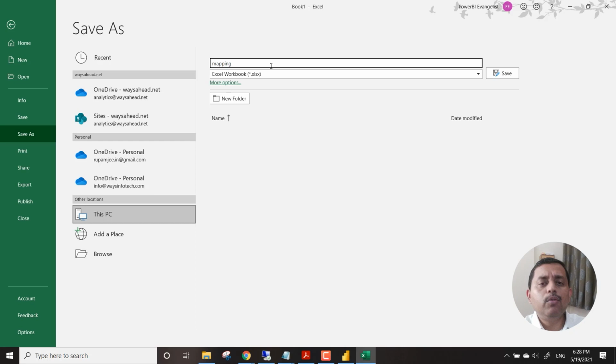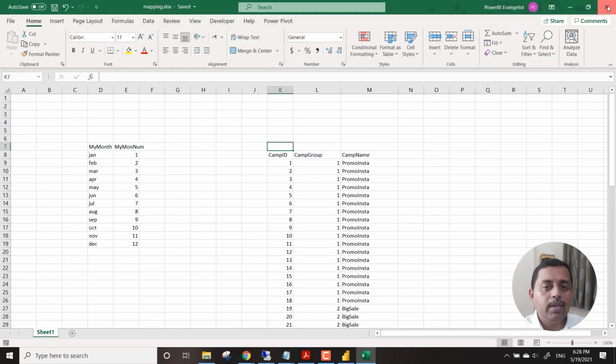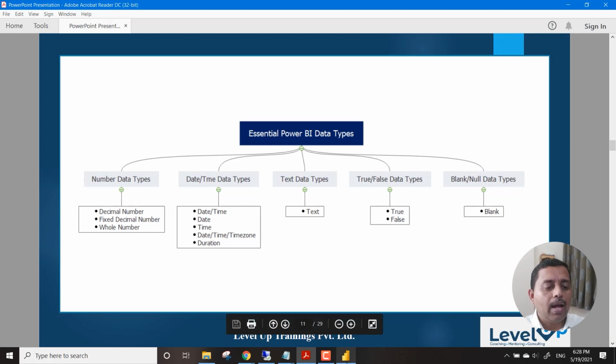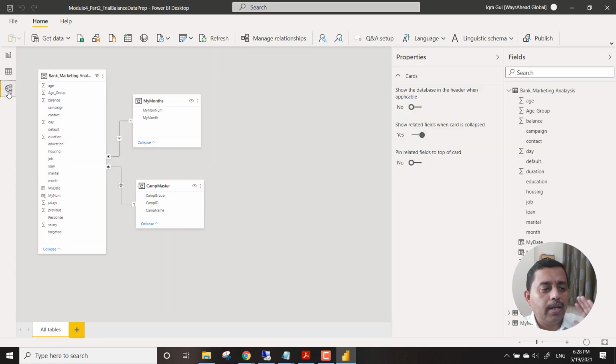We might be using it for other purposes also. So we'll just call it as mapping. We save this file, and we have already saved this file. So this is completely into data structuring and data mapping. We have not gone into the modeling part of it, which we are going to see in module number 5.